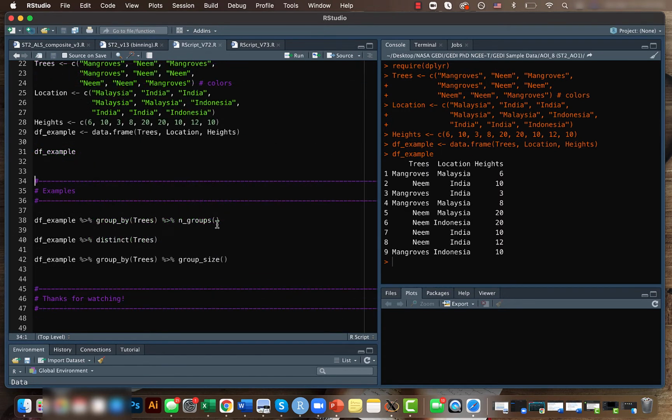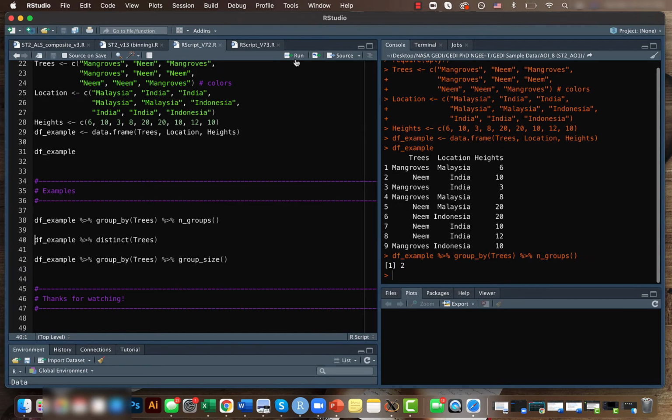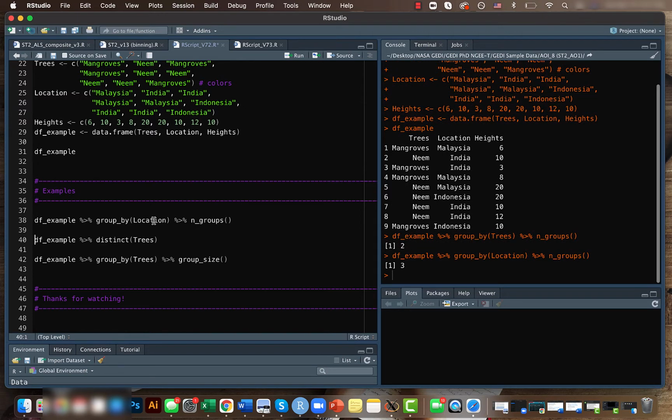For finding the number of groups, we use the n_groups function, and before that you need to make sure that you group your data frame based on the particular column. So here I am grouping the data frame based on trees, and then I am trying to see how many groups are there. So if I run this code, I get that there are 2 different groups, but if I change the trees to, let's say, location, it should give me 3, because there are Malaysia, India and Indonesia, so